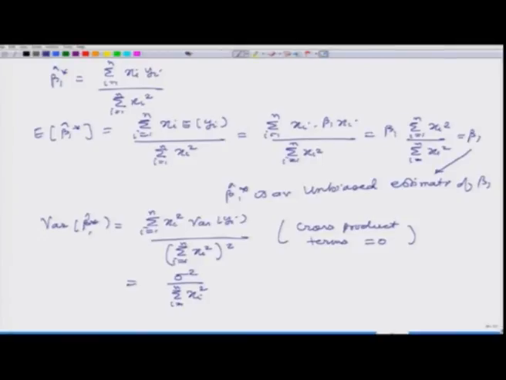And in this case, if you also want to find out the estimate of sigma square, that can also be obtained quite easily. Let us say sigma hat square star. This can be obtained here as 1 upon n minus 1 times summation i goes from 1 to n yi square minus beta 1 hat star summation i goes from 1 to n xi yi. So, you can see here that even the estimator of sigma square in the case of the model without intercept term is quite different from the form of the estimator of sigma square when there is an intercept